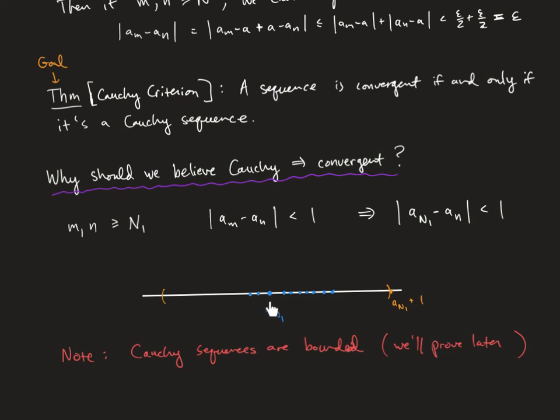Okay, so this is one thing. So we have this particular picture here, but then also, right? So we can kind of keep going here. So there's also going to be an n2, which we can say is bigger than or equal to n1. So some point further out in the sequence, right? Where when m and n are bigger than or equal to that n2, then am minus an is less than